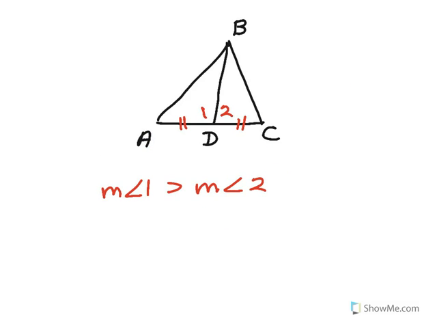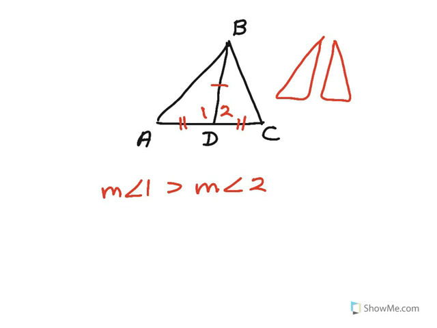Okay, in the next example, I've got to compare sides. And so what I'm looking at here is that D is a midpoint of side AC. I can see that because AD and DC are congruent. And I'm given that measure of angle 1 is greater than measure of angle 2. Well, I can see that both of these two triangles on the left and right share the common side of BD. So if I kind of just redraw those,